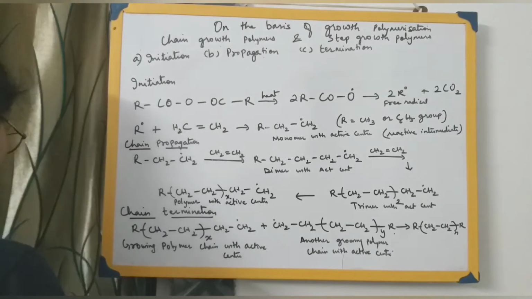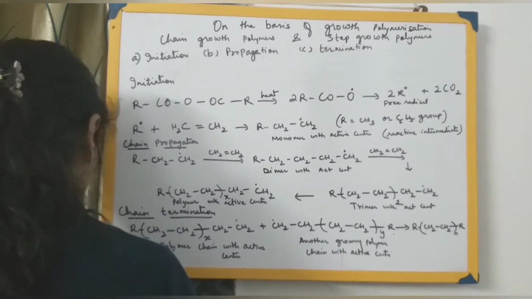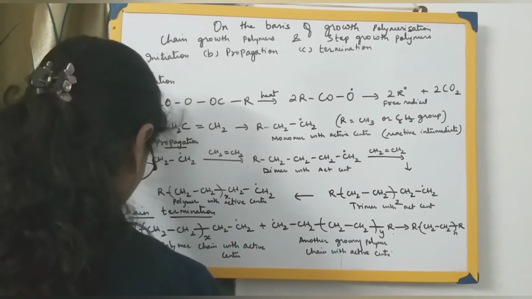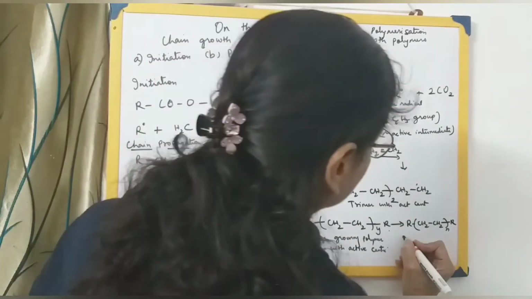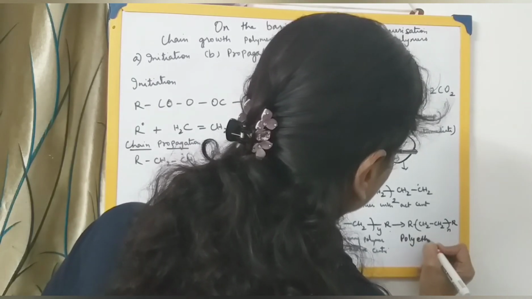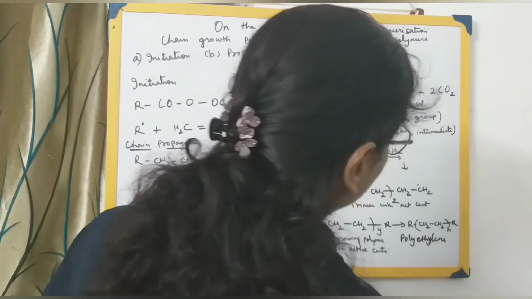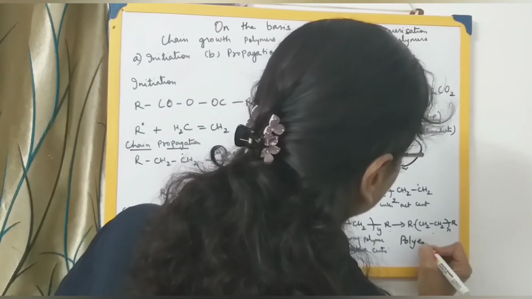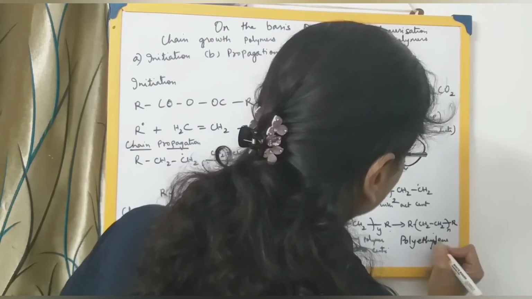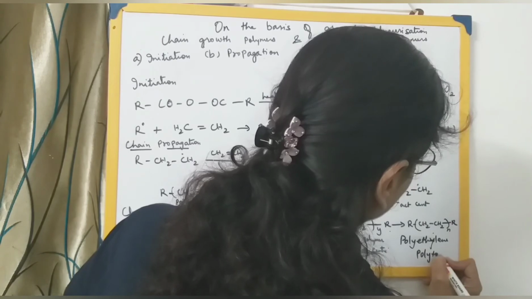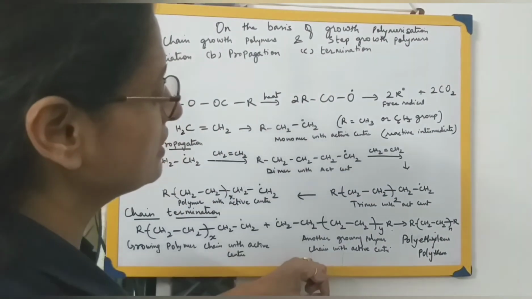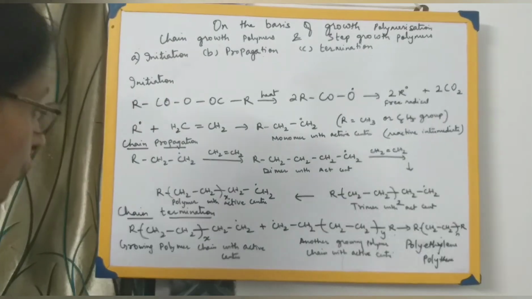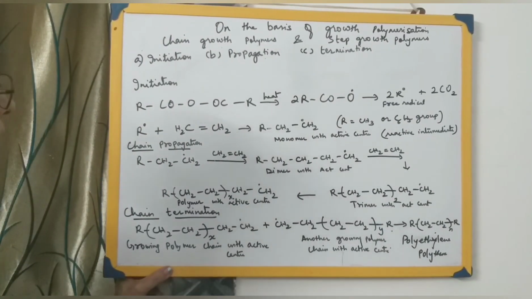Here let me write down, there is a polymer which terminates. So a polymer without active center, or we call this polyethylene. This is an example of polyethylene. Here the process stops, so we can say this is a polymer without the active center. I hope it's clear to you, students. Just look at it very carefully, the 3 steps involved in chain growth polymerization. Okay. Next we have